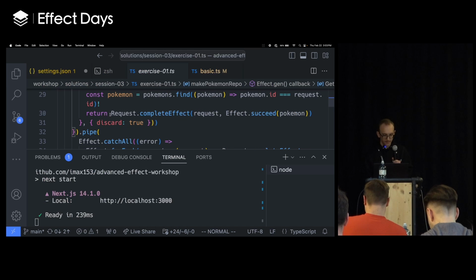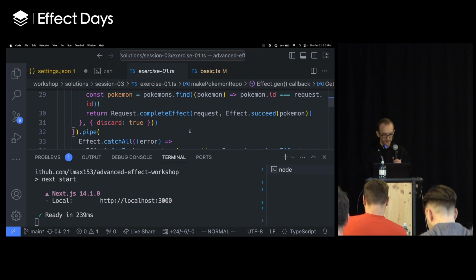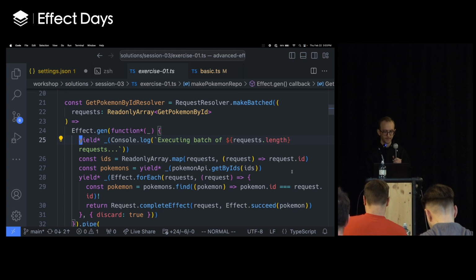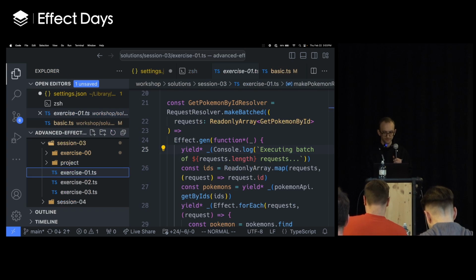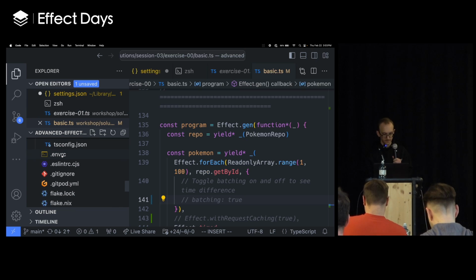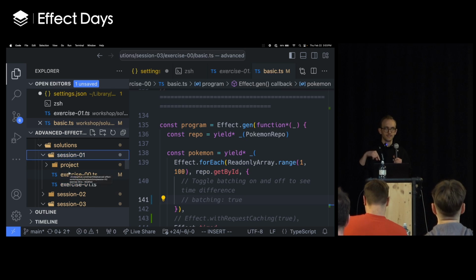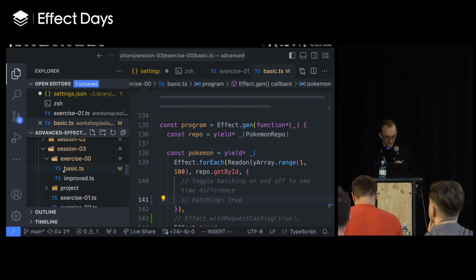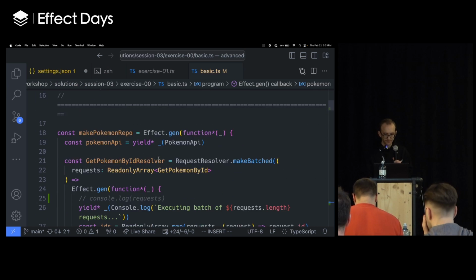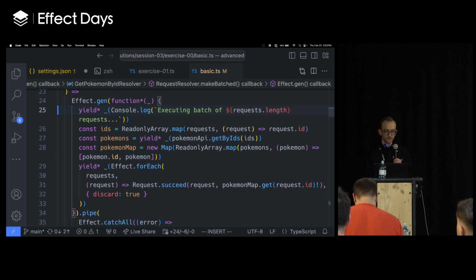Let's take a look. This was exercise 1. This was our first exercise in this session, correct? Yeah, okay. Session 3, exercise 0, basic. So if we look at the implementation here,